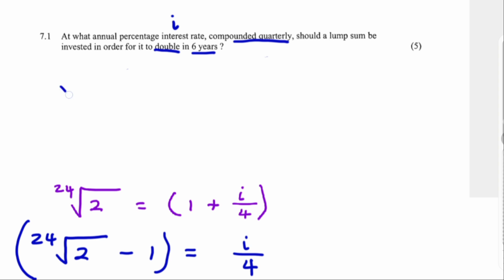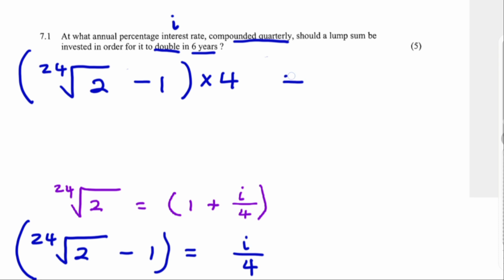So that would be the 24th root of 2 minus 1. That whole thing is multiplied by 4, and that gives me my interest rate, which when you put into your calculator, you should get an answer of